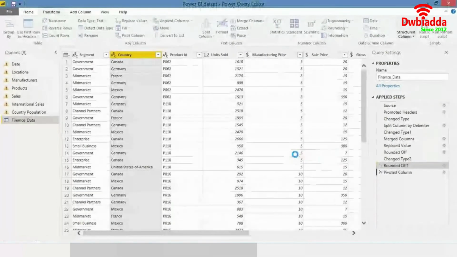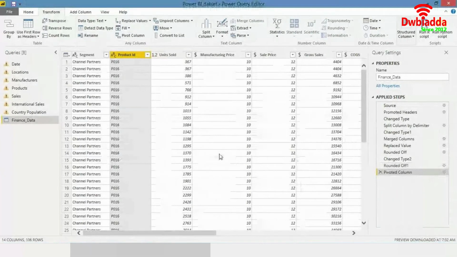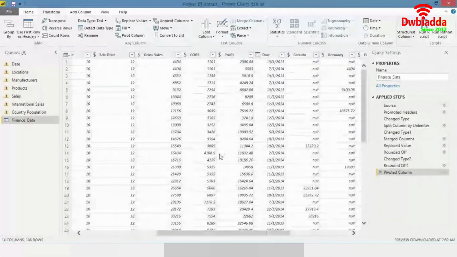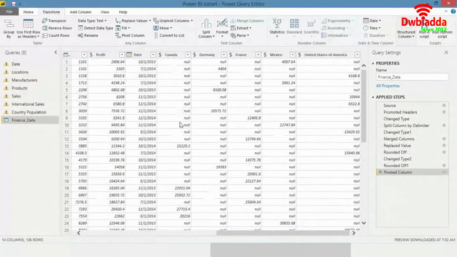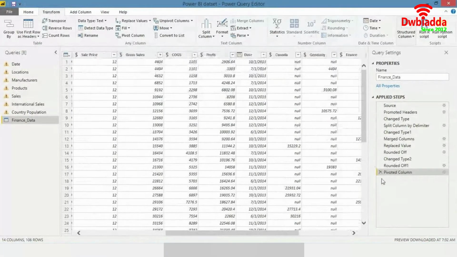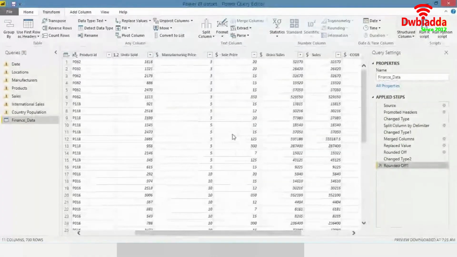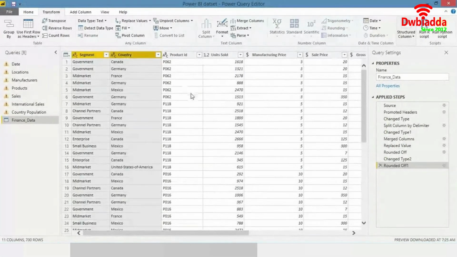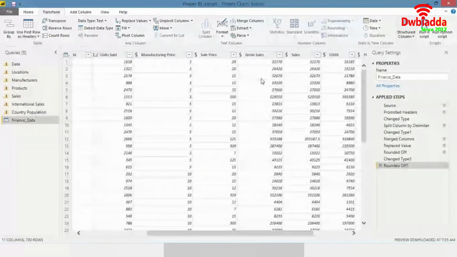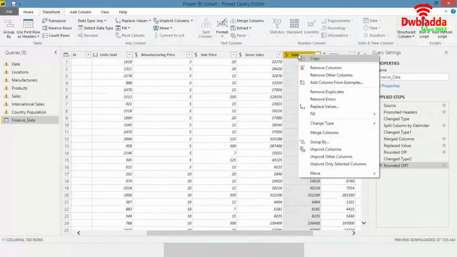So let's say you want to aggregate the data by sales. Right now we had all the columns available over here. Therefore, it has done the functionality that we wanted, but we have all the other columns available as well. So we can just select the columns that are relevant to us and right click and click on remove other columns.